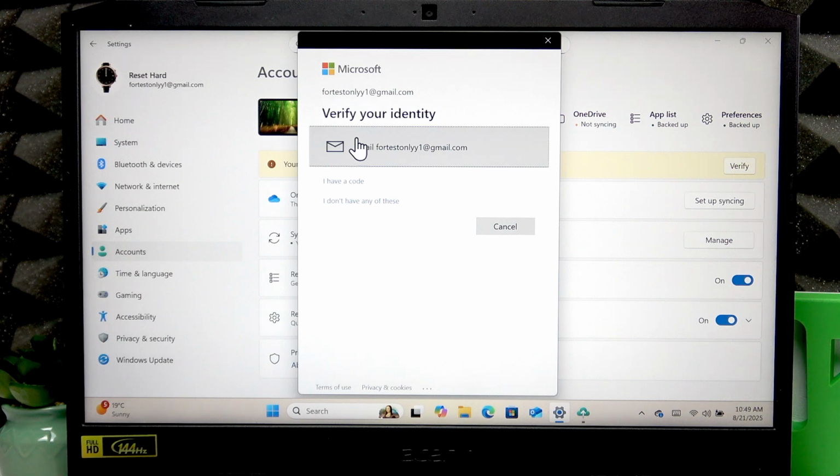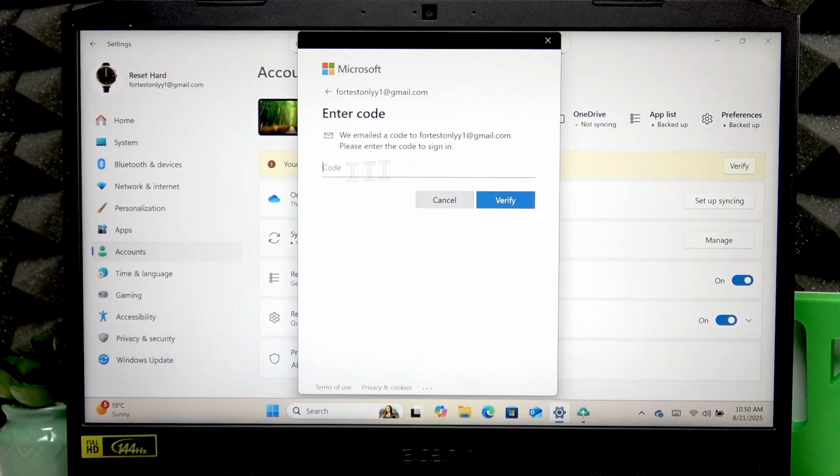Then to verify, you're gonna have to receive an email or an SMS with a code that you're gonna have to enter in the following window into this empty field. Click Verify,